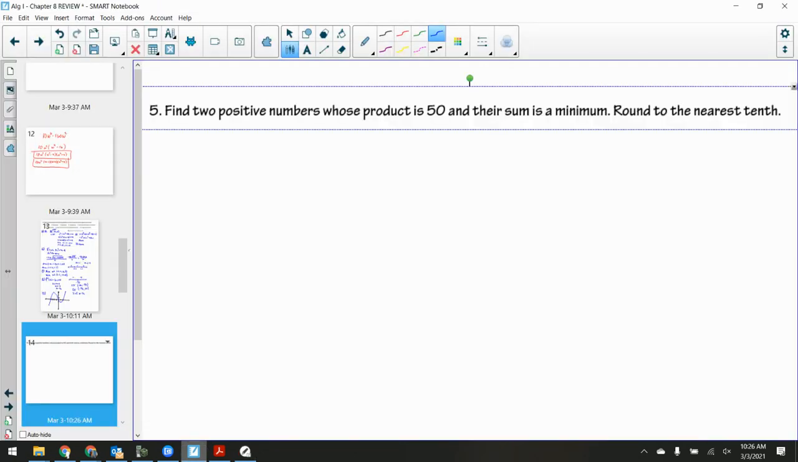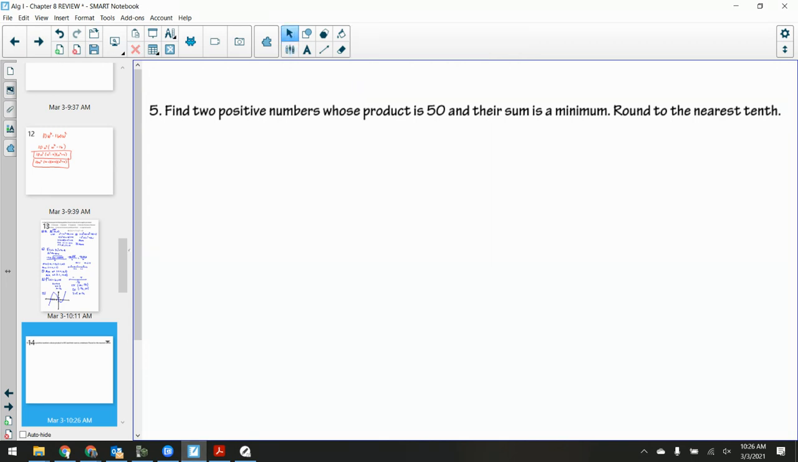Okay, finding two positive numbers whose product is 50 and their sum is a minimum. So my two numbers are going to be x and y. I know that the product is going to be 50, and I want to minimize